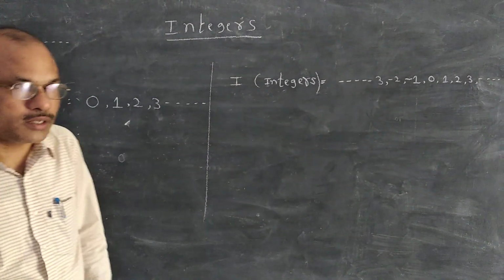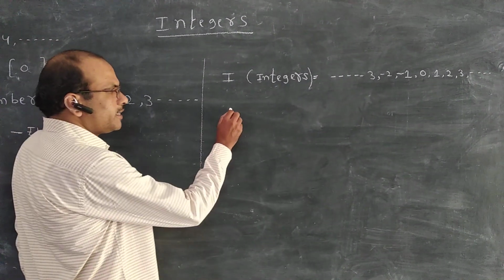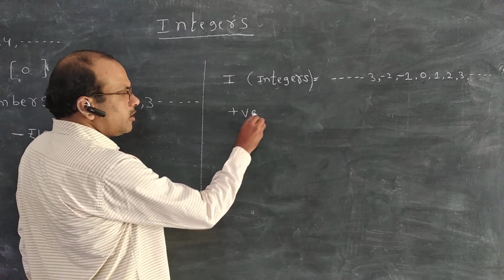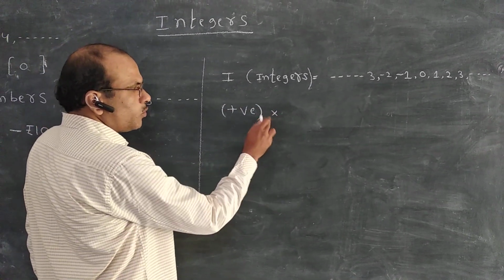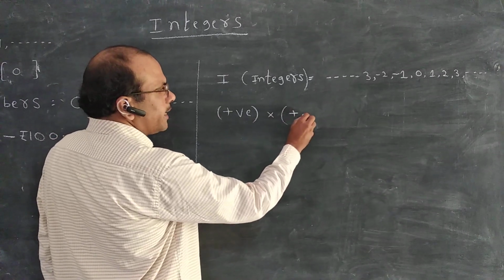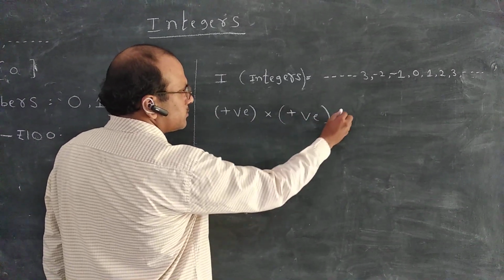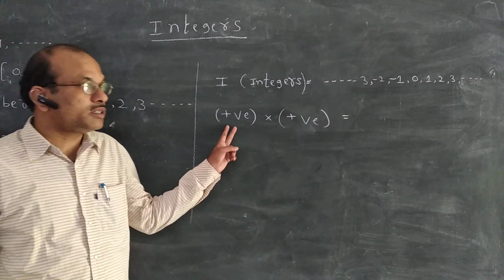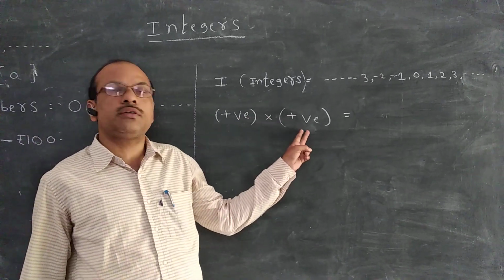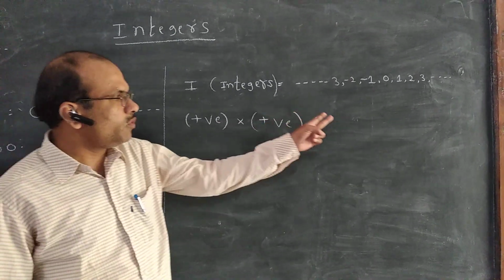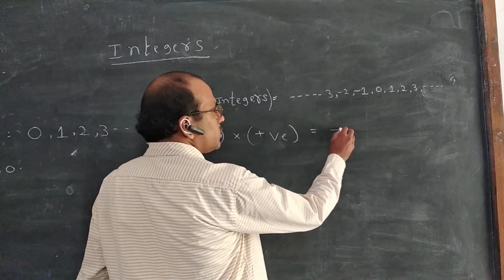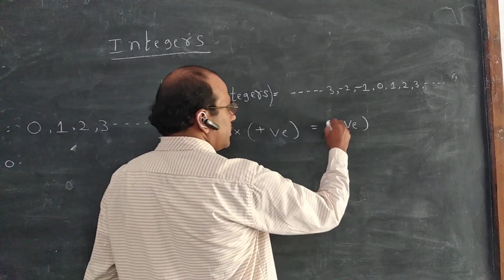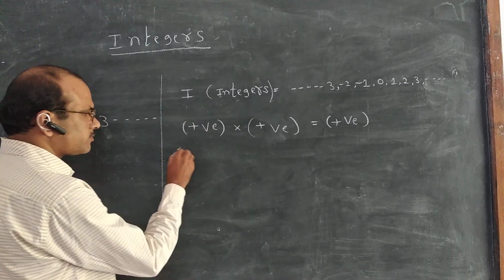We will discuss that. Suppose this is a positive integer, and it is going to be multiplied with another positive integer. A positive integer multiplied with another positive integer gives a new integer that is also with a positive sign. So, for example,